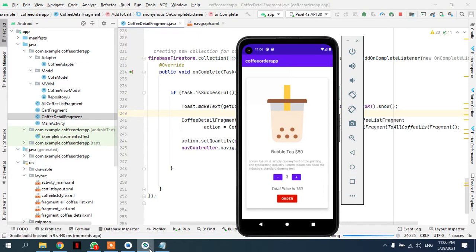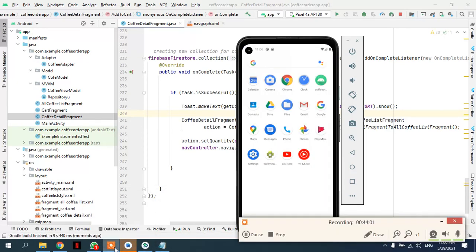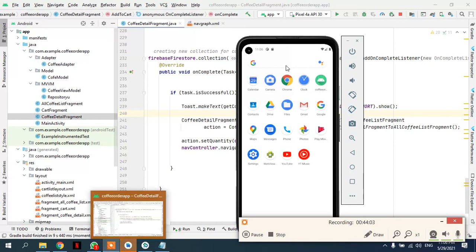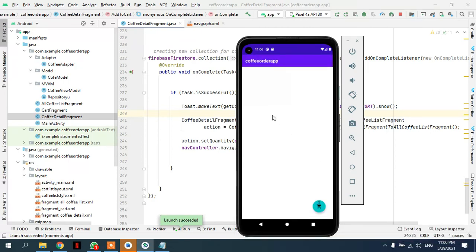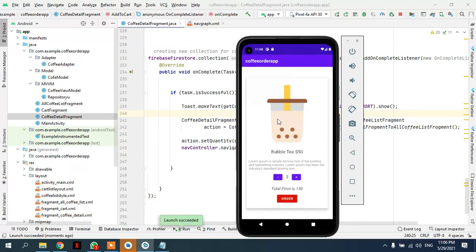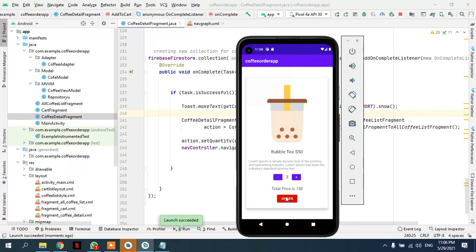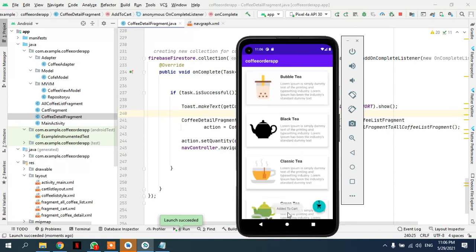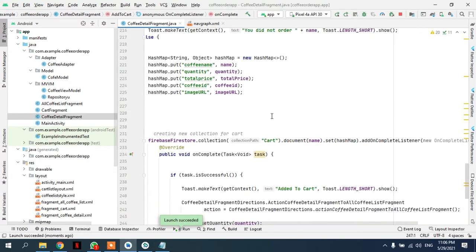Yeah, this is going well, guys. I know this tutorial is long, but it's definitely going to be worth it. I can tell you that. Okay, so we're back, and I ordered this. Now it is taking me to, I'll just order it once again. I want to see. Okay, add it to cart. That toast message is there. And I think we are done